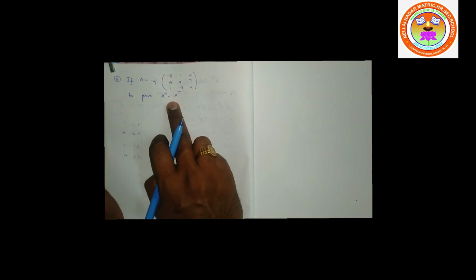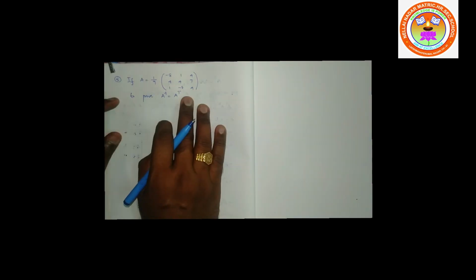Then after doing that, I need to do some procedures and then I need to do A transpose and I can prove. Instead of doing that, we have another alternate method, which is a very very easy method. If you use the alternate method, this will be very easy. So I'm going to use that alternate method only. So what is this alternate method? Before doing the sum, first write what is given in the question.